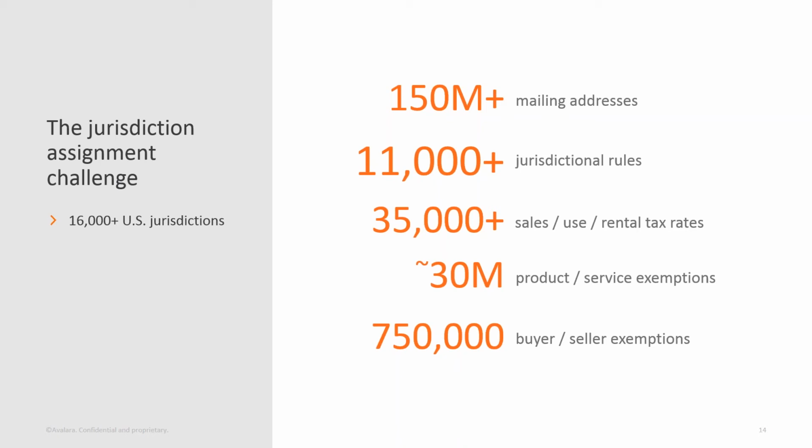But we have, and there's just some numbers here, I won't read all of these to you, but over 150 million mailing addresses across the country. And there's over 11,000 jurisdictional rules. So that's a lot of stuff to be on top of. So now once you've decided that you have nexus in a state or 3 states or 4 states, now you